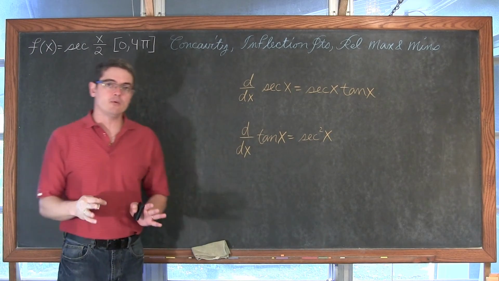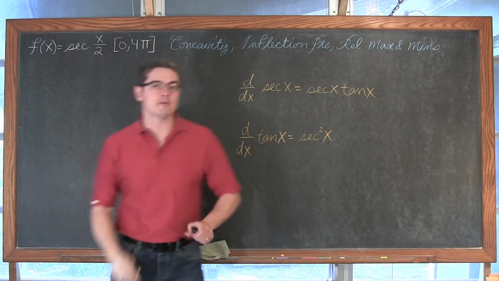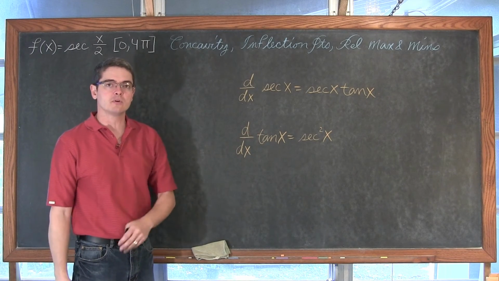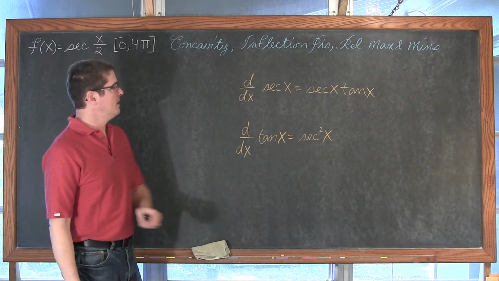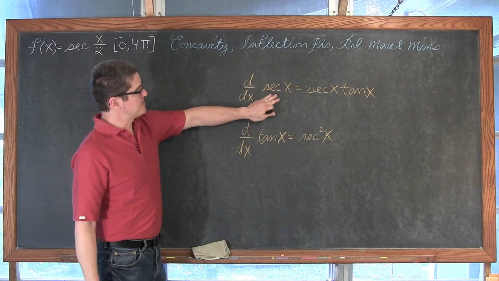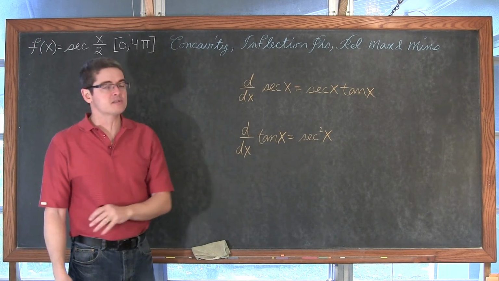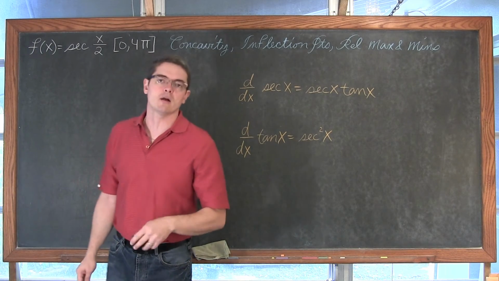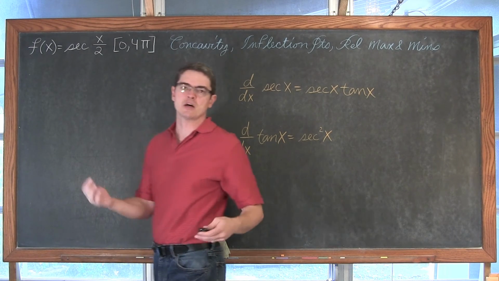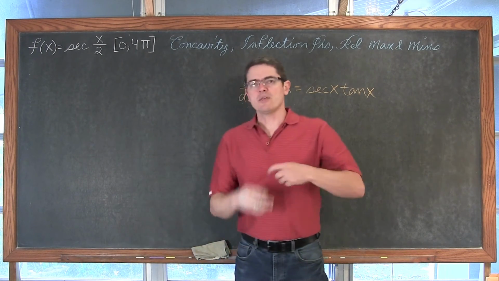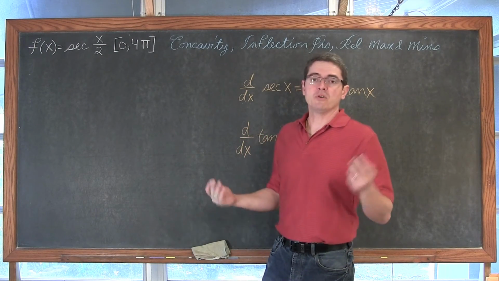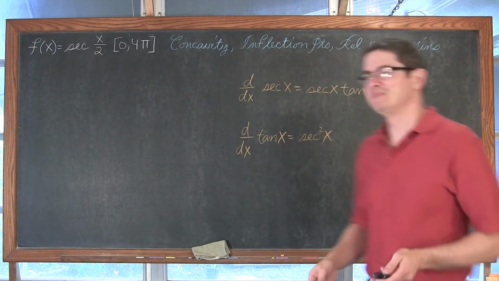If you want to pause the video and practice your derivative skills with your trig functions, make sure you remember, and my students will hopefully have remembered these already, memorize them. The derivative of secant of x is equal to secant x tangent of x, and the derivative of tangent of x is equal to secant squared. Now I'll reveal this in small steps in case you get stuck. You can kind of see, oh, that's the next line, and just keep going, or you can just watch the answers get revealed.